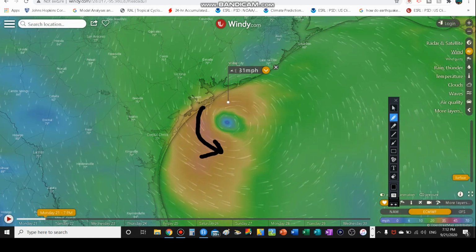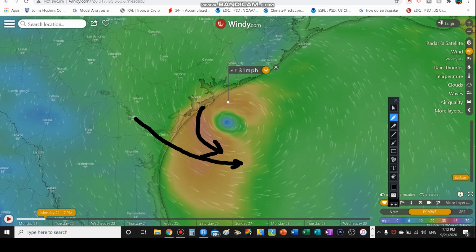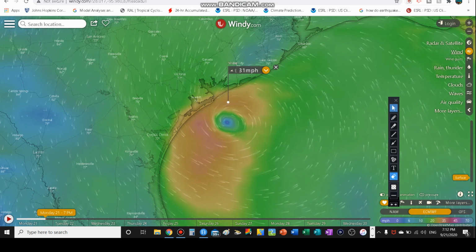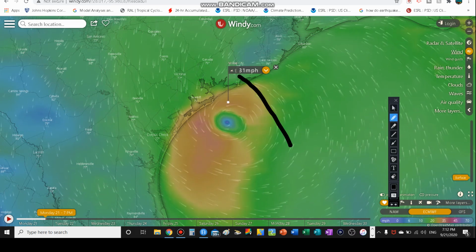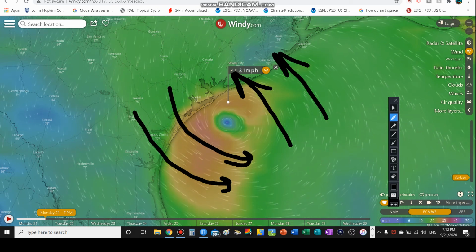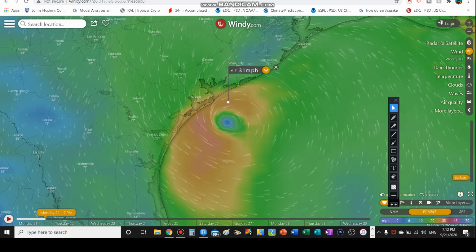So what that means is more water may actually be taken away from the coast than water that's getting pushed on, because we're seeing the western side of the storm, right? The backside winds are actually stronger than the front side winds. The front side winds are what push the water onshore. But if we have winds that come in behind that are even stronger, that push the water offshore, there may be less water than there was on the coastline in the first place. All right, but